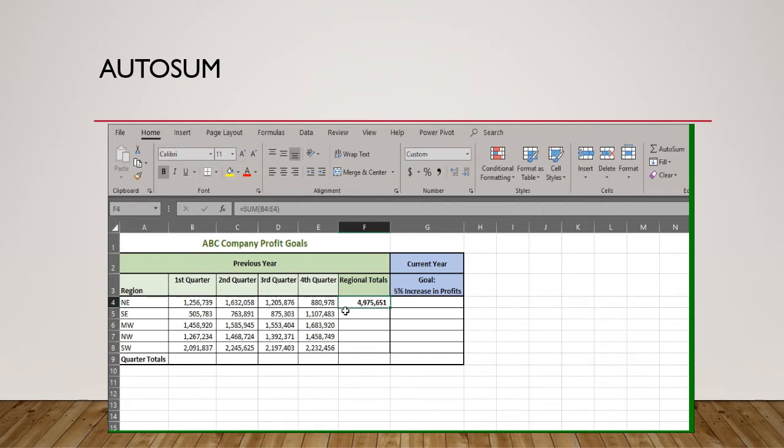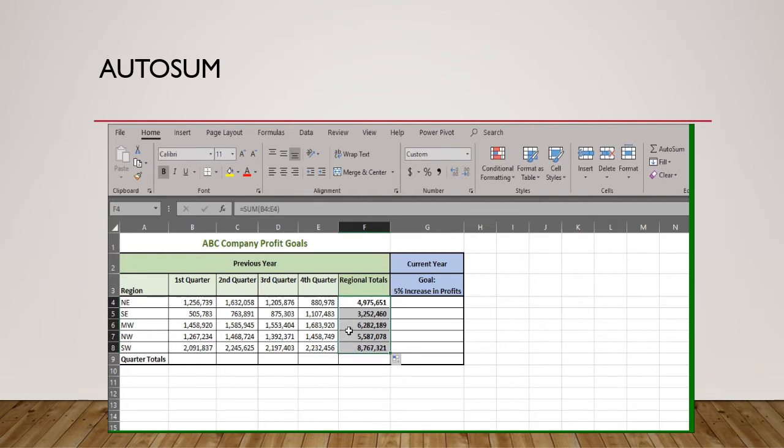But now let's copy that formula down the column. And to do that, we're going to go to the lower right of F4 where there's a little square, and that is called the fill handle. Now, when I rest my mouse on top of it, my mouse becomes a very thin, kind of small plus sign. I can simply click and drag down, and now I have totals for all of the other rows,